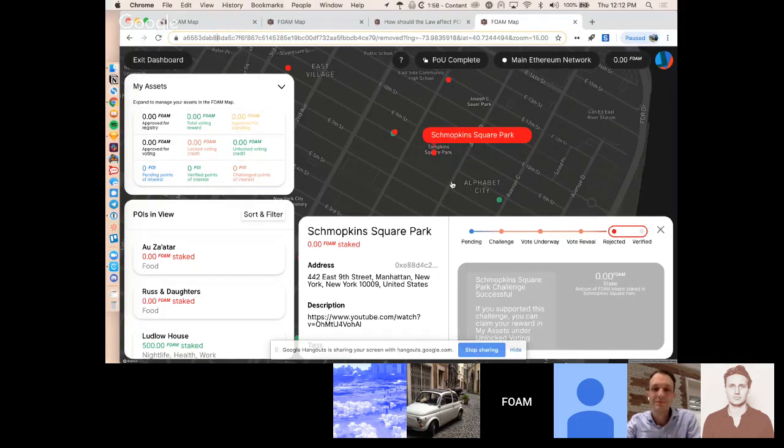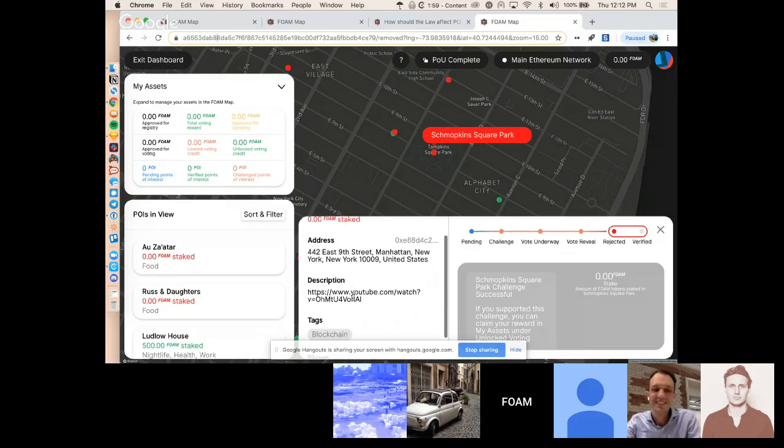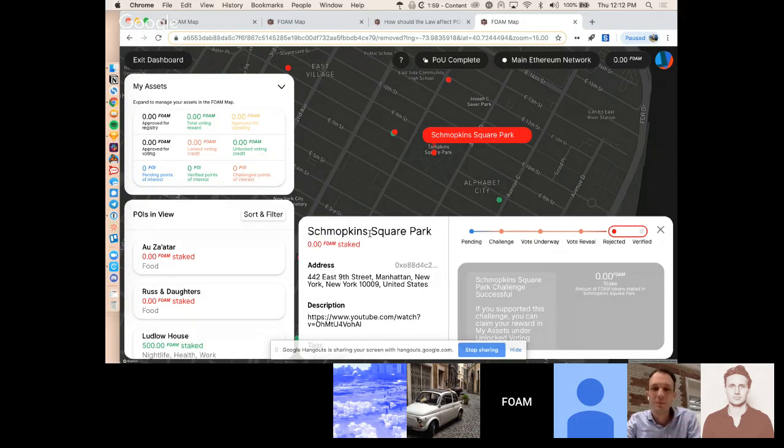For those of you who live in New York or have been to New York, you know there is a pretty prominent Tompkins Square Park. And so this POI was registered on the map as Schmopkins Park. And the reference, which is probably pretty beyond me, comes from this YouTube video. It's an electronic dance music song, and midway through the song, there's some kind of reference to, I guess, a fictional or real world Schmopkins Square